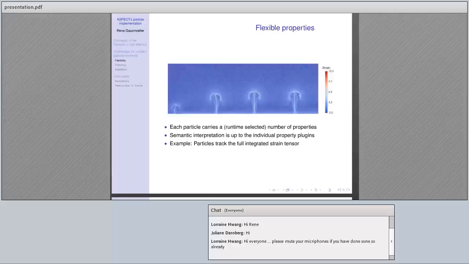Last, speaking about flexibility, every tracer has to carry this property Q I talked about. And it usually carries a set of properties. For the particle, it doesn't matter how many properties there are or what their meaning is. But you need to have some kind of structure in your implementation that can transform the pure vector of doubles, for example, to a meaningful quantity. And this